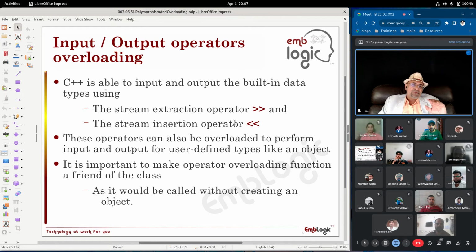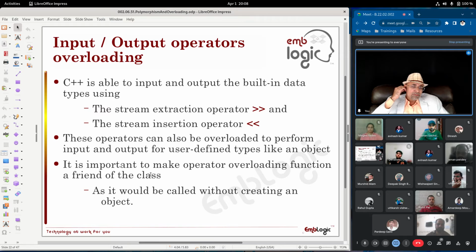Whereas if on the left and on the right you have non-object entities like int, char, then it will be interpreted as bitwise operators. C++ is able to overload input and output operators. These operators can also be overloaded to perform input and output for different users and different objects. It is important to make operator overloading function a friend of the class.